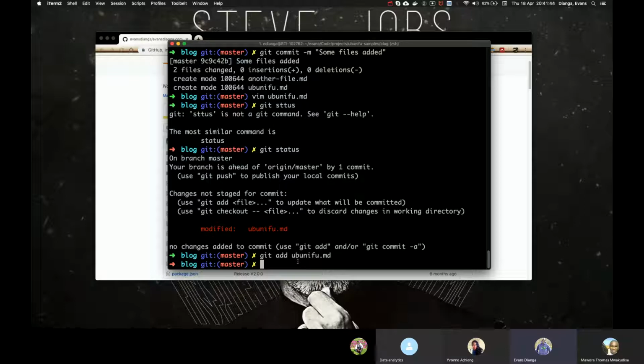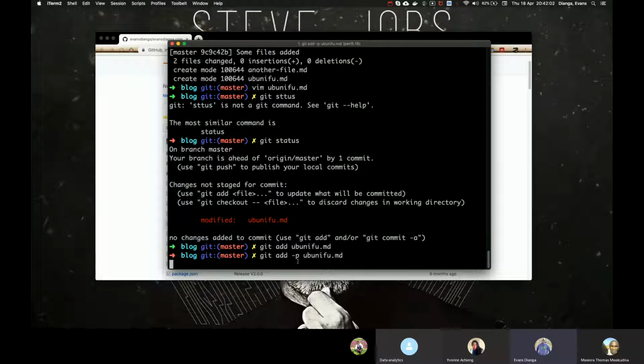But another cool way that I'd want to show you is git add -p ubunifu.md. The -p flag means patch. It will allow you to select the changes that you want to make interactively. So when I do that,